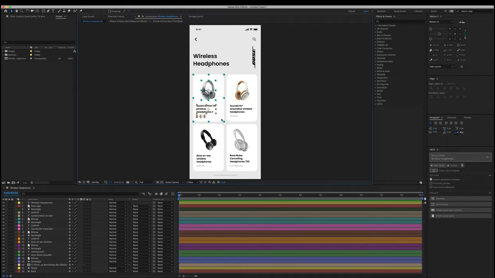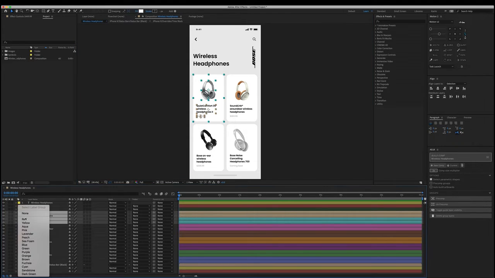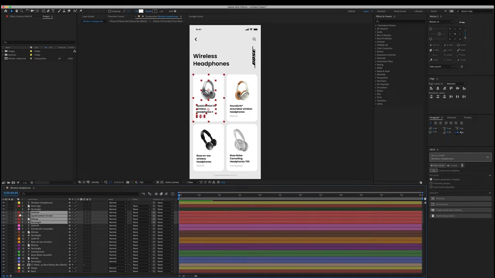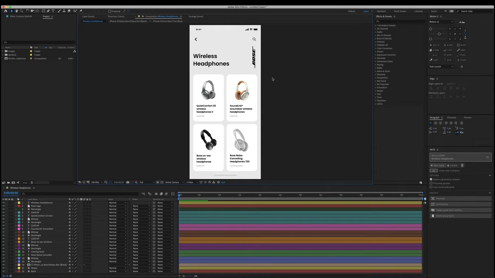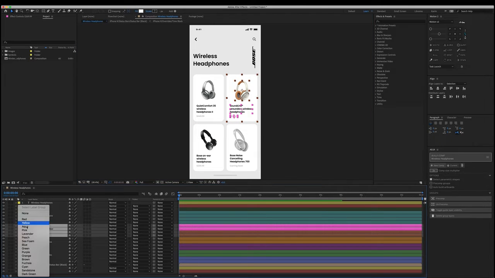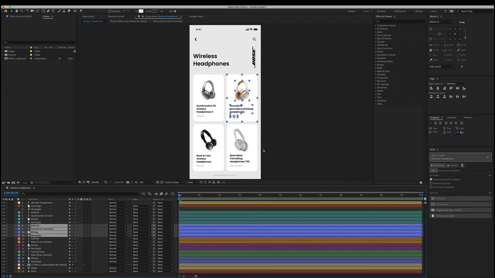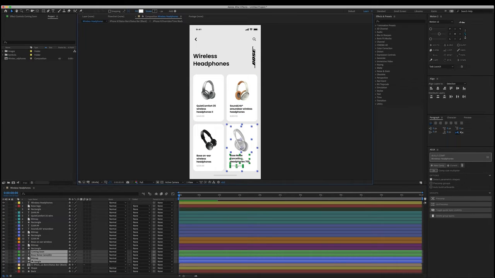First of all, I'm going to select these guys, so just to see them here. One thing I usually do, just to make this easy for me to keep track, I would change the colors. So for example, I'm going to select all these, and I'm going to click on the color here, and I'm going to give these a color of red. Actually, let's give it a different color. It's something that stands out. There we go. And I'm going to do the same for these, select them all, and I'm going to give them a color of, say, blue. And then I'm going to do the same for these,